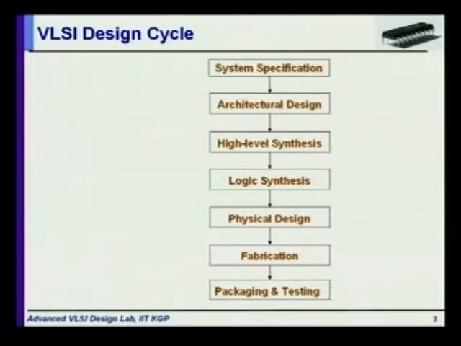Then the automation phase, like high level synthesis, takes the higher level behavior and converts it to the register transfer level. You know the different levels of abstraction in the VLSI design flow: higher level abstraction, then RTL level, then gate level, then transistor level, and so on. So this flow basically converts a design from a higher level to a lower level. High level synthesis takes a higher level behavioral description and converts it to a register transfer level description. Then logic synthesis takes a register transfer level description and goes to the gate level design, and then physical design, and then fabrication of the chip, and finally packaging and testing, and you get the final chip.